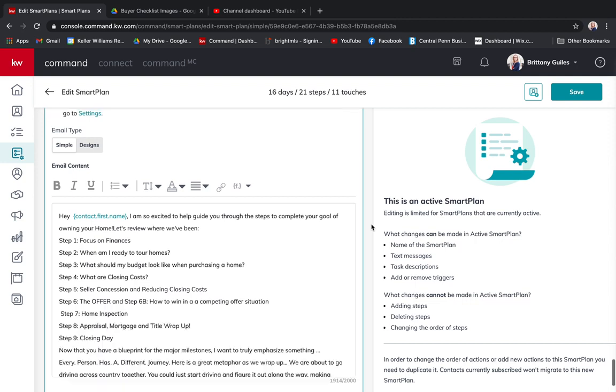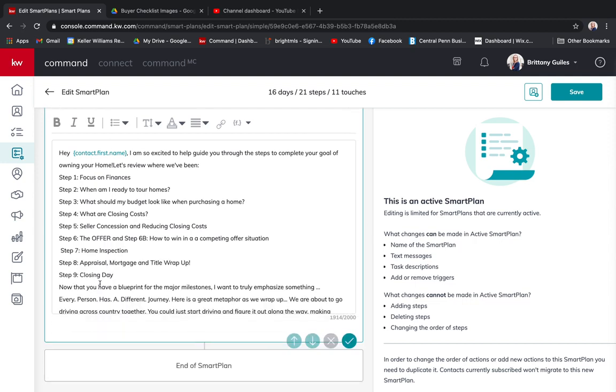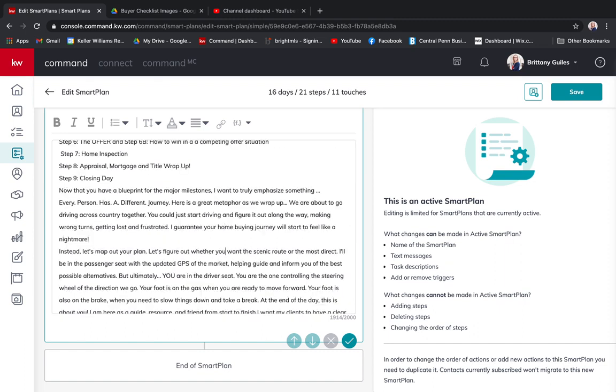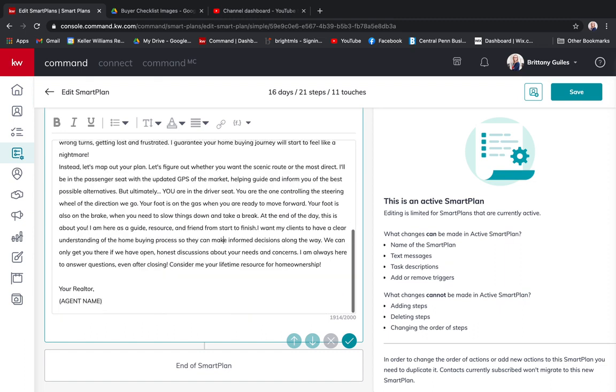And then the last email just kind of goes over all the strategies or steps that we've already discussed and offers a really great metaphor of, you can either just dive into the home buying process head on without knowing what it looks like, and it's probably going to be rough sailing, right? It's probably going to be a bumpy experience, or they can work with you, an agent who's going to take their time to roll the map out as you can be their GPS to help them navigate through the process